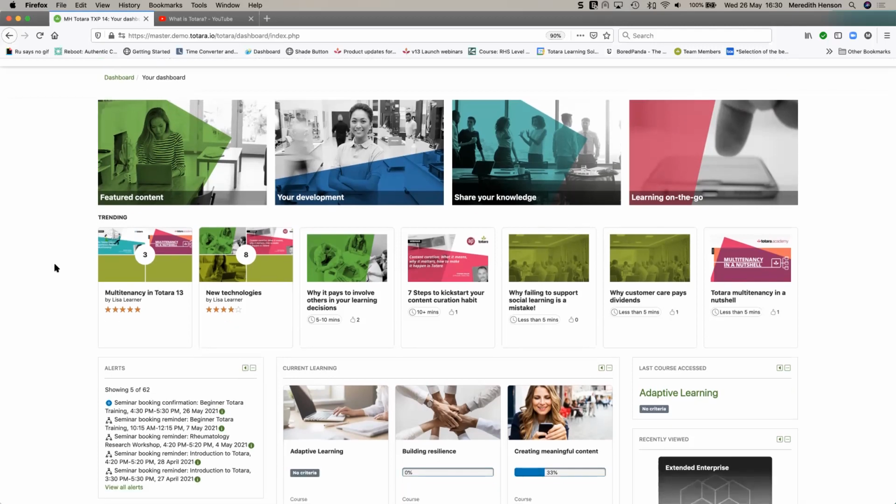So there are 4 ways that the recommendations engine can display recommendations across the site. You can display it across a dashboard, you can add it to maybe the course catalog, or you can even display it within a course. So the 4 types of recommendations are, first, trending items. You can see me clicking around here as I add to that trending item.